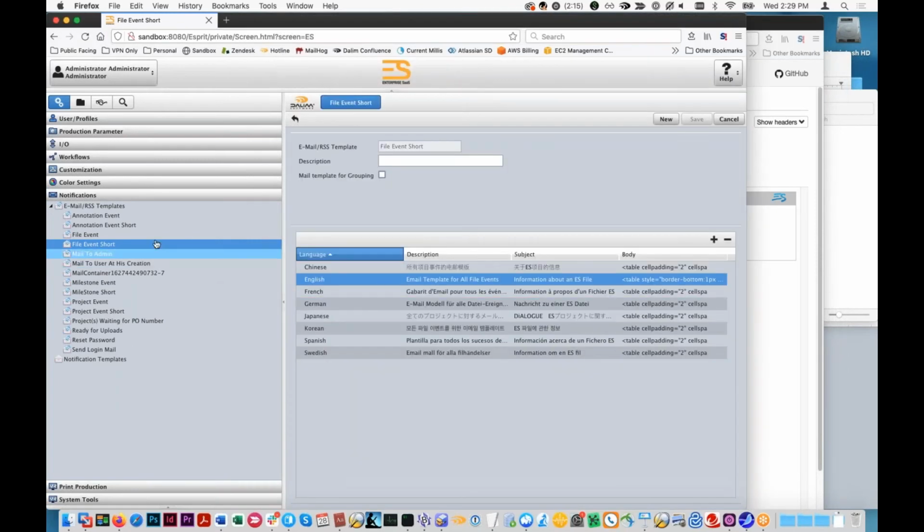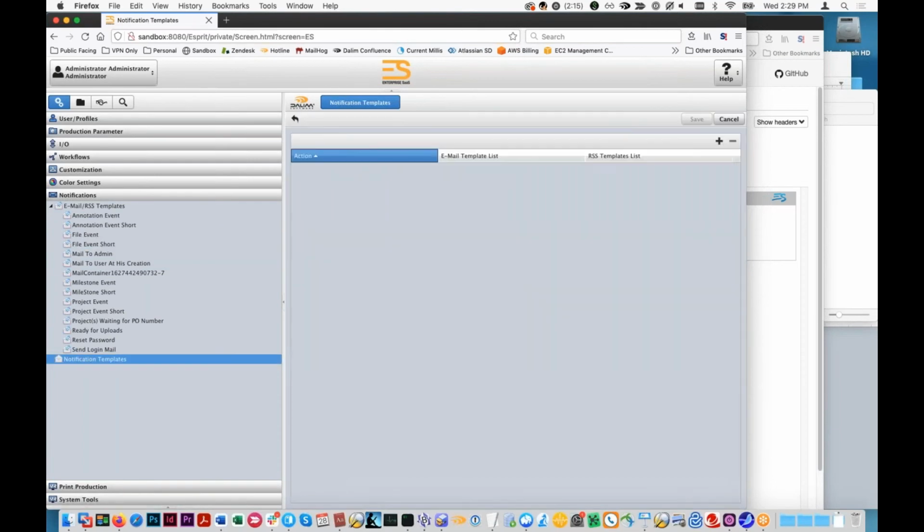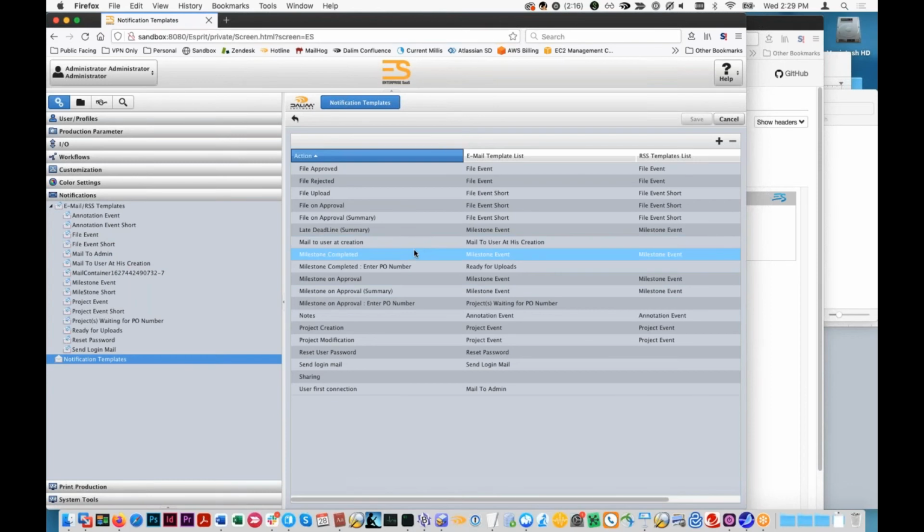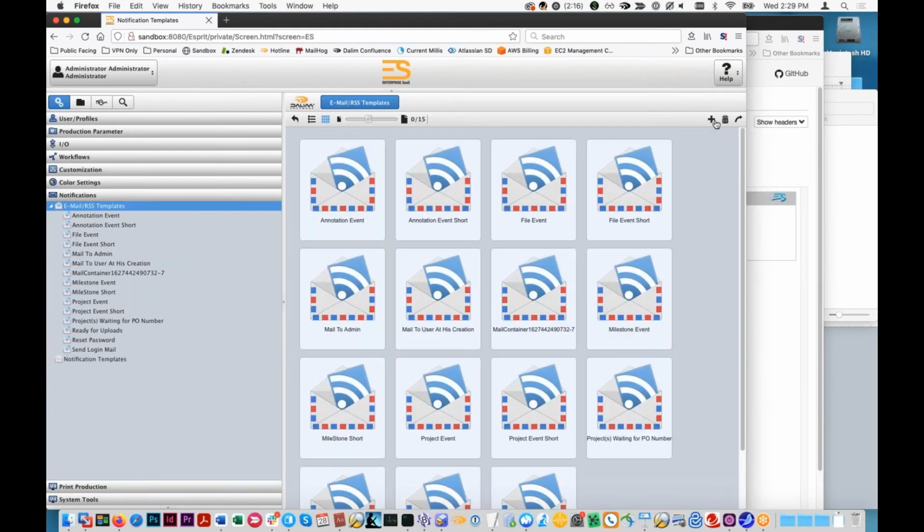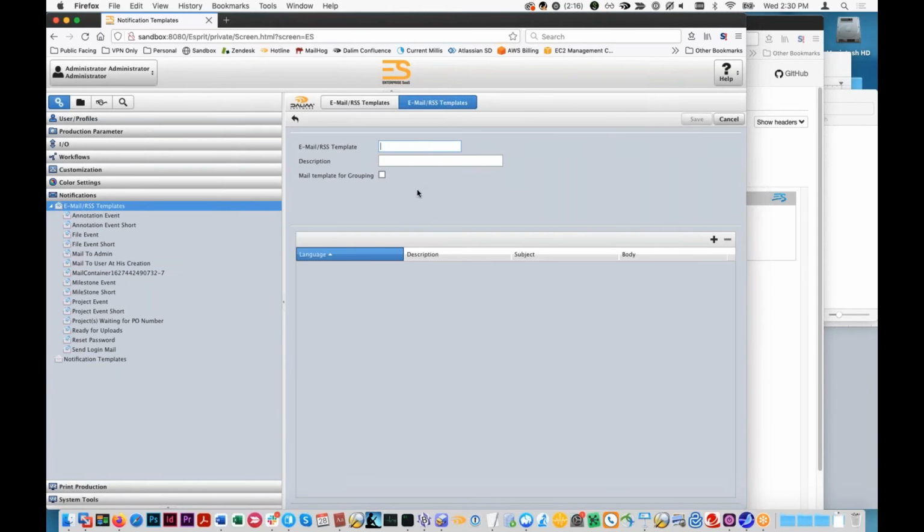If you don't want to use one of Dalim's templates, you can also customize. If you don't want to use, for example, file event short for all these different events, like if you want different notification text for approval and rejection and upload, you can build your own templates in here. And those actually might be better than Dalim's in some cases, because these templates date back to the early days of ES, and they don't use a few new features that we have that are useful here. Specifically, let's